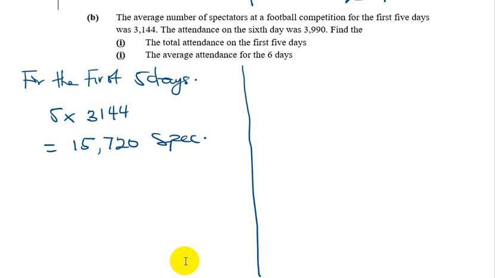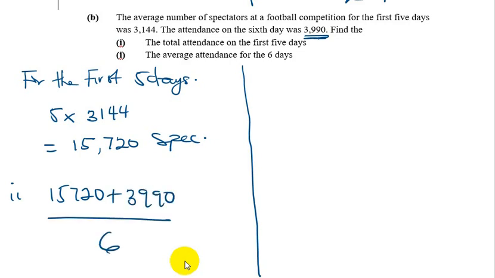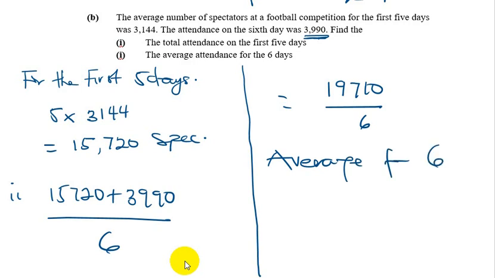So we should find the average. It means that we have to add the 6th day to this one before we find the average. So the average will be 15,720 plus 3,990 divided by 6, since it's 6 days now. I hope it's clear. So we are going to get 19,710 divided by 6. So the average for 6 days will be